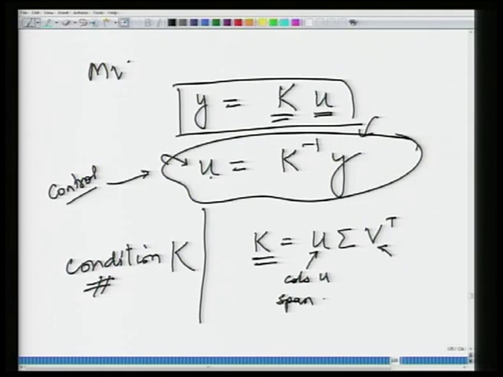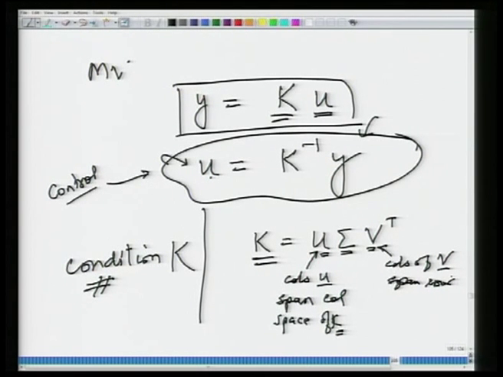The output space, the column space of K. Columns of V span the row space of K. This matrix is a diagonal matrix,